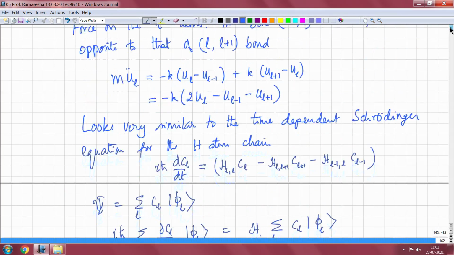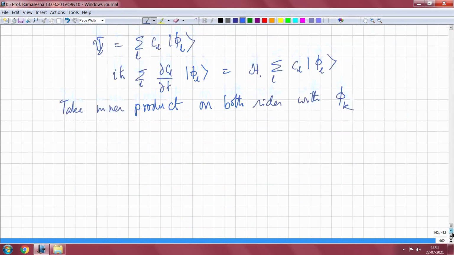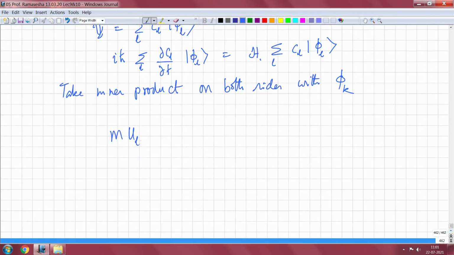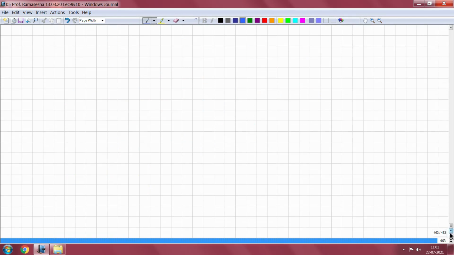Okay, now let me go back to this equation, which is m u double dot l equals minus K times 2 u_l minus u_(l-1) minus u_(l+1), where double dot implies d squared u_l by dt squared. So m u double dot l is a force, and the force is actually given by Hooke's law, the force constant of the spring times the displacements. Now what I can do is